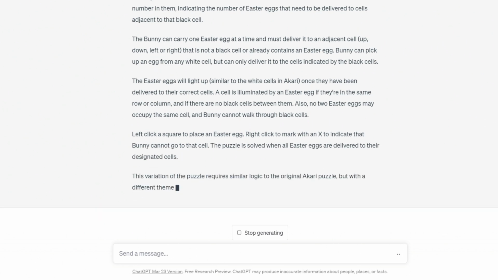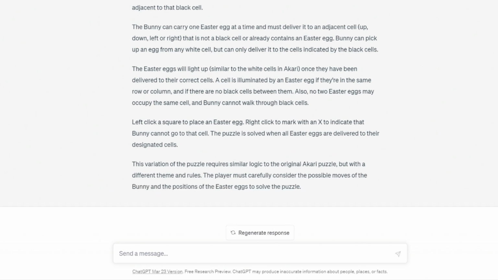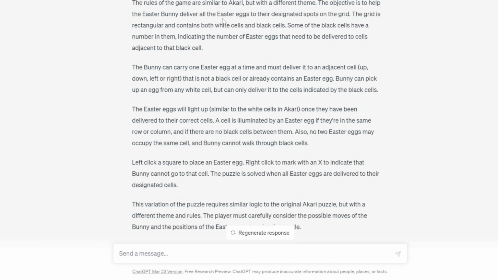So now this is the explanation, and what you could do is just generate puzzles, and this is something that you put at the beginning of your book. So in the core it is still an Akari puzzle, but now you modified it in such a way that it is more approachable to kids. Because if I go to younger kids and I say, okay, this is a light bulb, you need to place a light bulb in a certain way, maybe that's not going to be okay, why am I doing this? But if you turn it into something like this, so you need to place a bunny so that the bunny delivers Easter eggs,